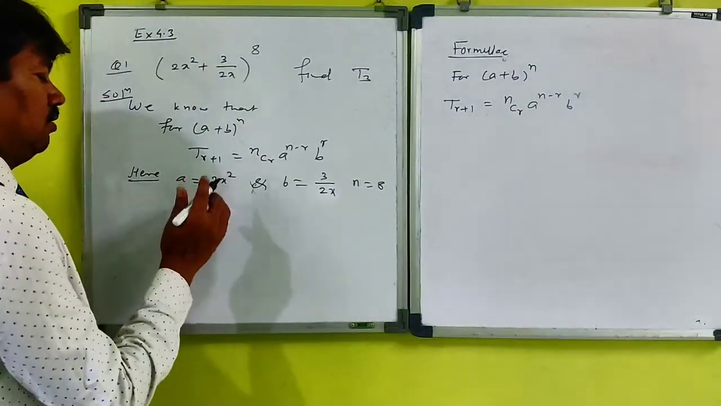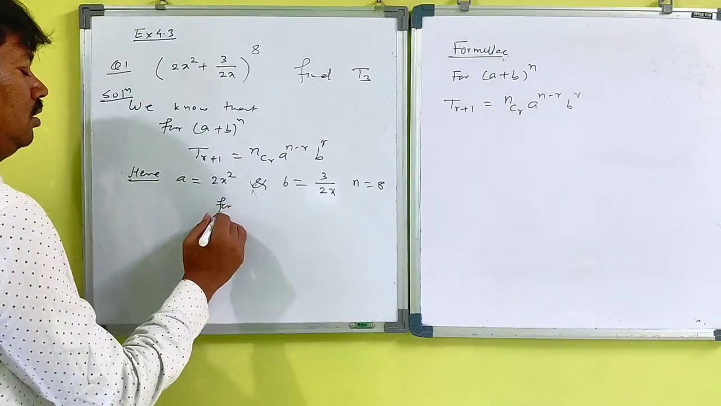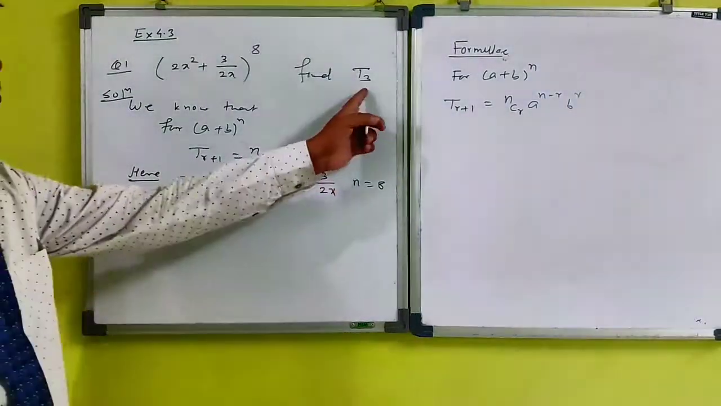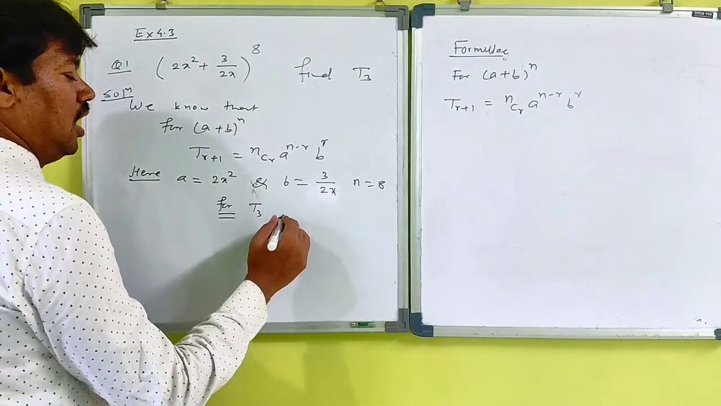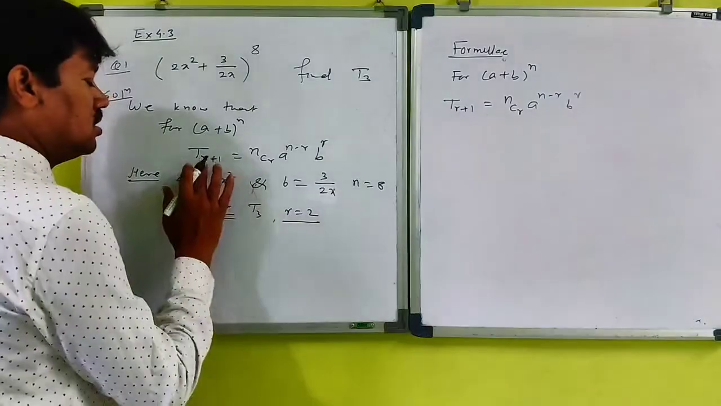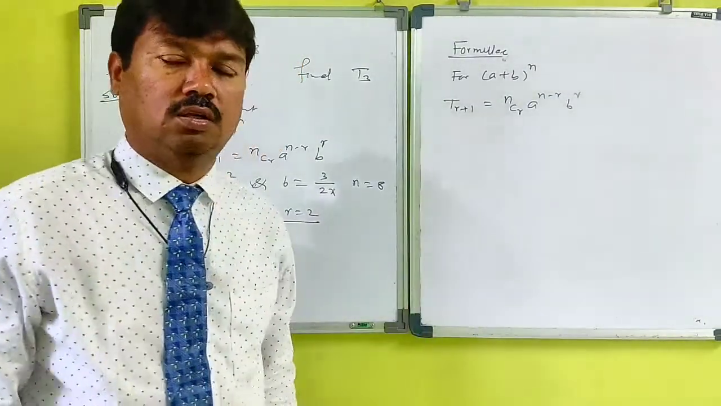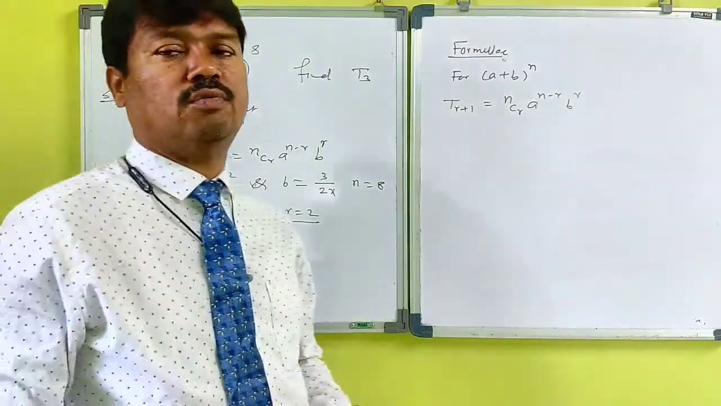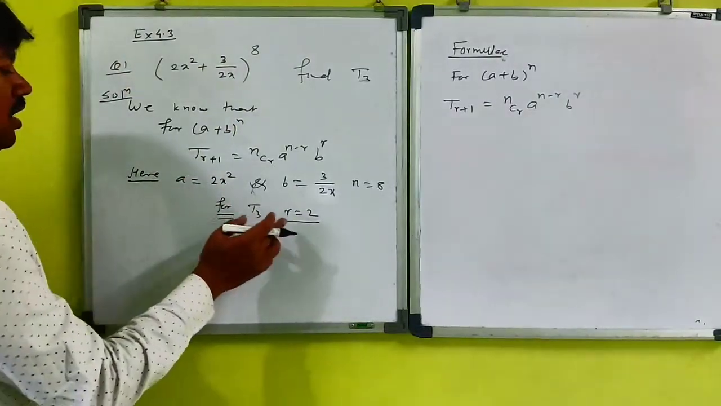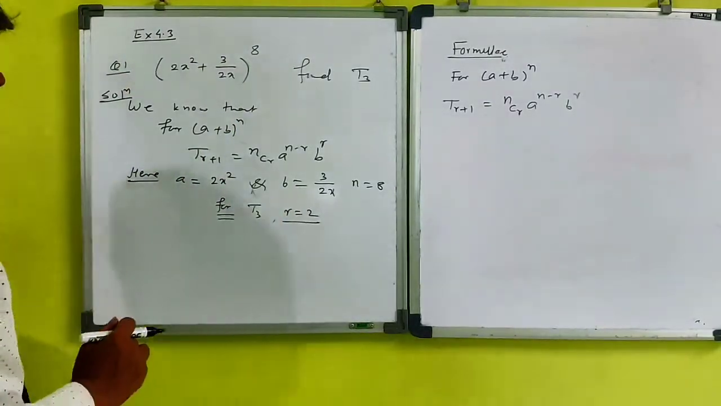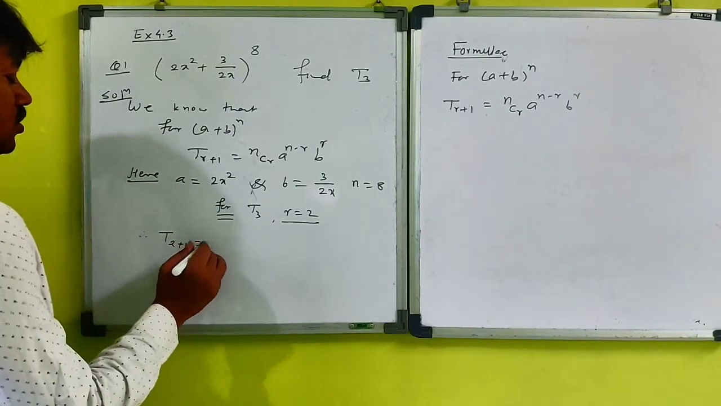So using this, now we can find T3. So for T3, what should be the value of r? For T3, r should be equal to 2. Why? Because 2 plus 1 will come. The formula is r plus 1. So whatever term you have to find, take one less value for r. So for T3, r should be equal to 2. Therefore, T(2+1) is equal to